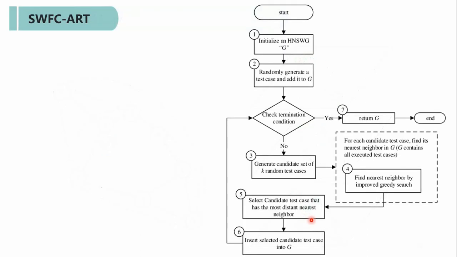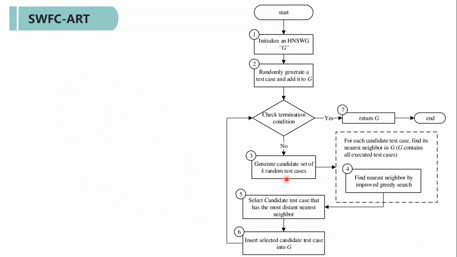So our proposed method, SWFC-ART, which is a fixed size candidate set based on small world graphs, has 7 major steps. In the beginning, we initialize a hierarchical navigable small world graph with some parameters that we will discuss in the next slide. And then, unless the termination criteria has been satisfied, we generate k number of candidate test cases randomly, and we